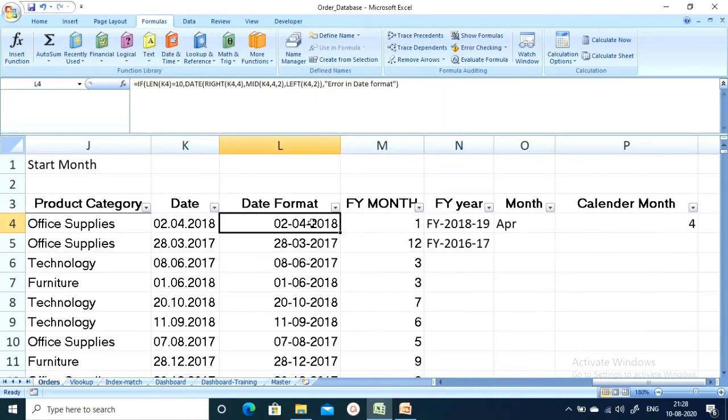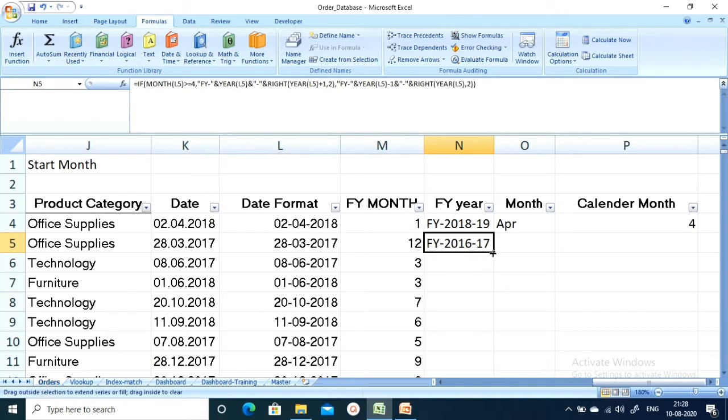If the month is greater than or equal to 4, the starting year is 2018 and it ends with 2019. And here it's March 2017, so the starting year will be less than the current year, 2016, and the ending year is the current year.